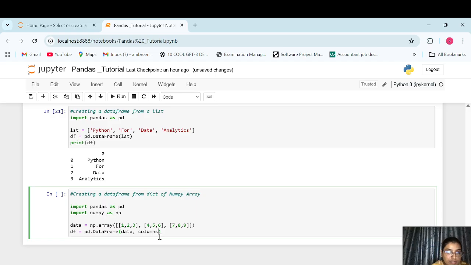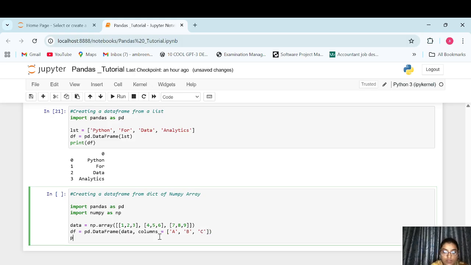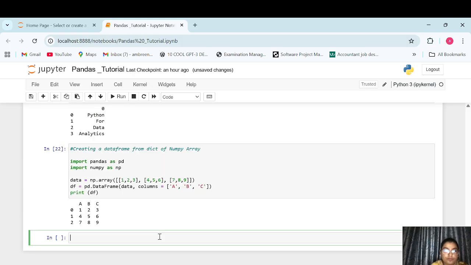We will just write columns equals to column A, column B, and column C in this form. Print data frame, and yes, you can see here this is the data frame which was created with rows as 0